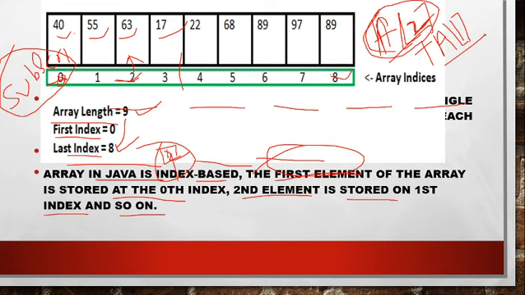A1 is a subscripted variable. The variable is here but with subscript or with index. So index variable or subscripted variable both are the same. Index variable, variable with index, and subscript variable, variable with subscript. This is all about the array.